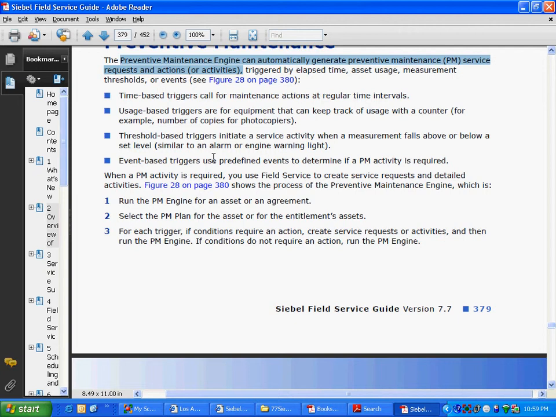So we know that in Siebel there is an asset record. So it can look at certain attributes of the asset, for example, when was the car sold? So what's the creation date of the asset, and it can create a service request after 3 months, and it will just get into the bucket of the technician, and he will know, okay, I have to service this car today, right? That same thing could generate an outgoing postal mail system that, hey, send a postal mail to this customer, hey, you need to bring your car in.